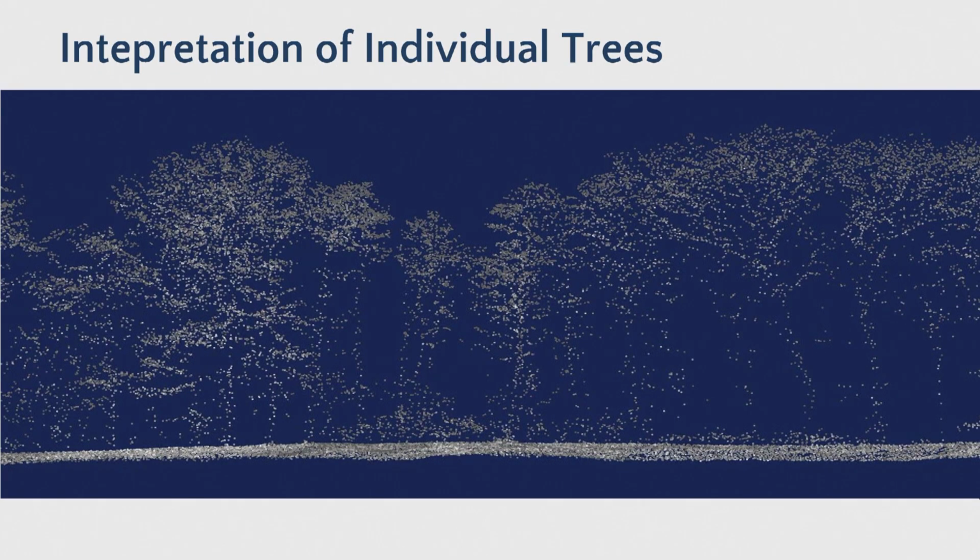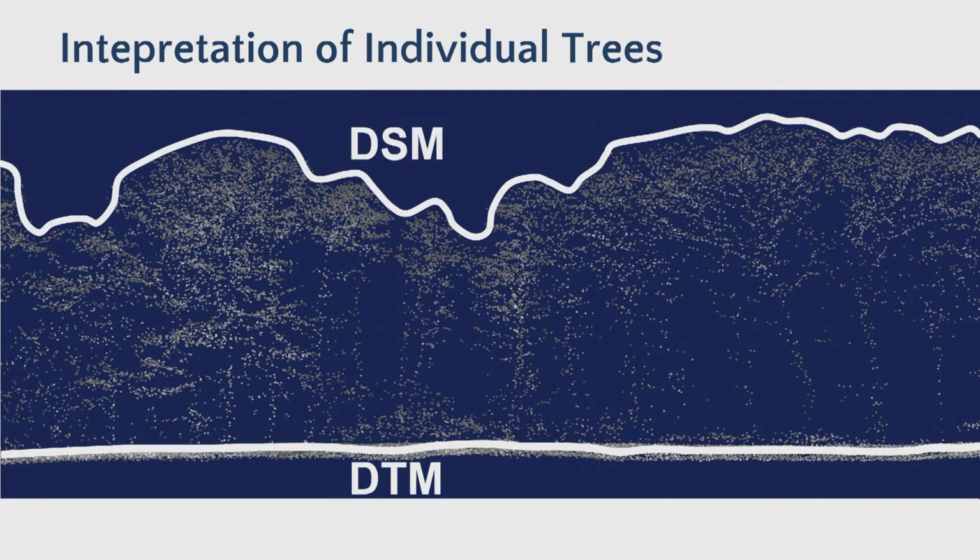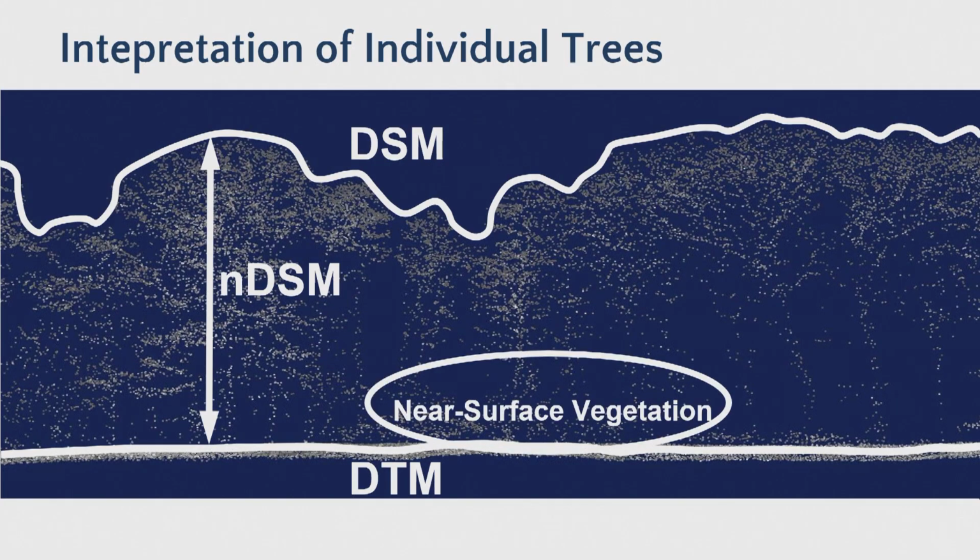If you talk about individual tree detection, today we want to process the point cloud. Previously it was about using raster data. For those who don't know much about that, you have a point cloud, you calculate the DTM, which is the lowest hit. You get the DSM, which is the top, and the difference is actually canopy height. You can use this canopy height just to model the trees, and it's actually very accurate. Then you get some near-surface vegetation. You can even make bilberry maps out of that.